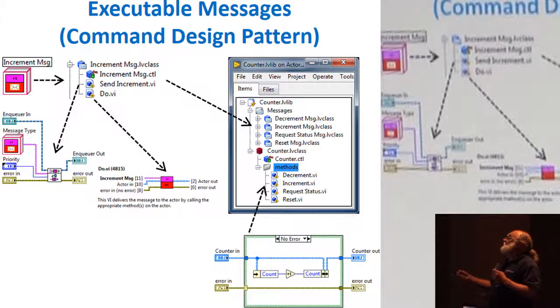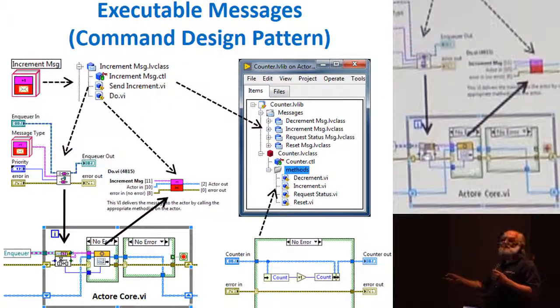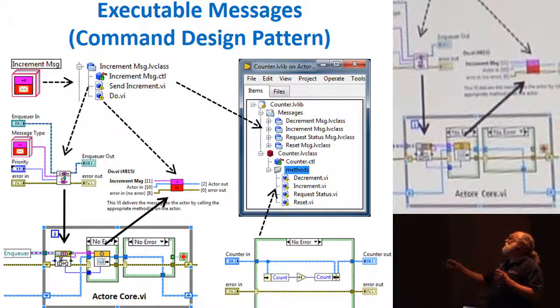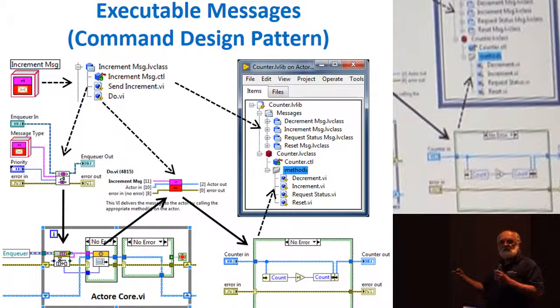The way it happens, this send call sends the message, it sends itself to the actor core. Actor core takes it and executes it unconditionally in this spot. And then, executing it, it calls the do method on the class, and you get your increment. So a lot more moving parts, just because you're sending executable payloads. And if you need to set arguments, if your method needs, like, add instead of increment, a value to add, you put it in this class.